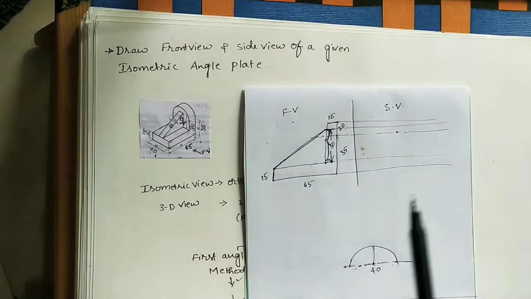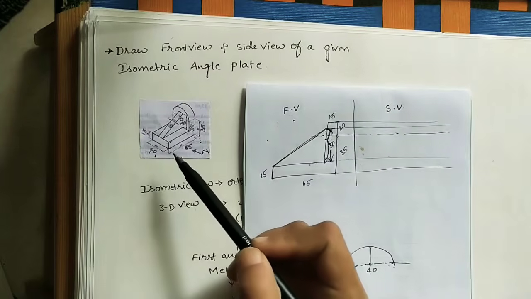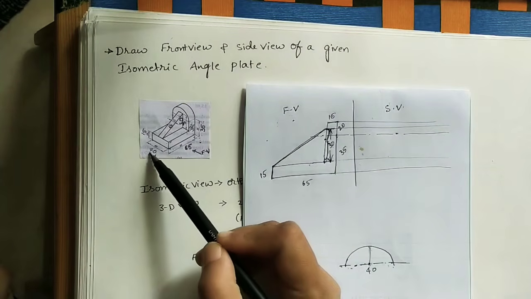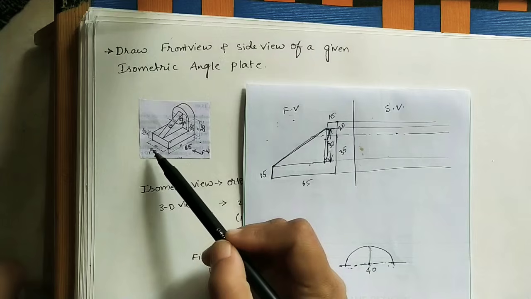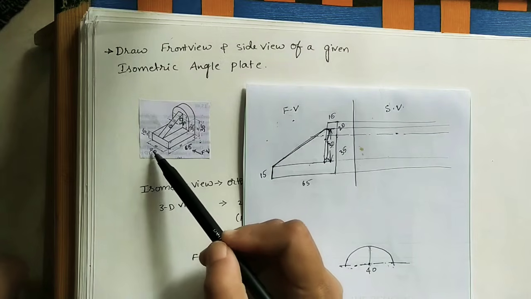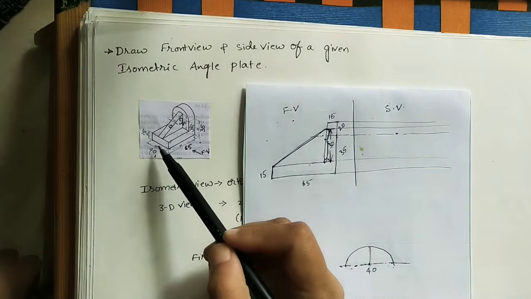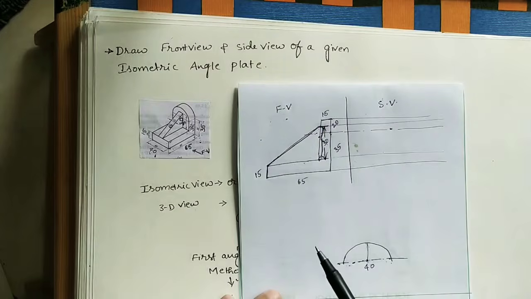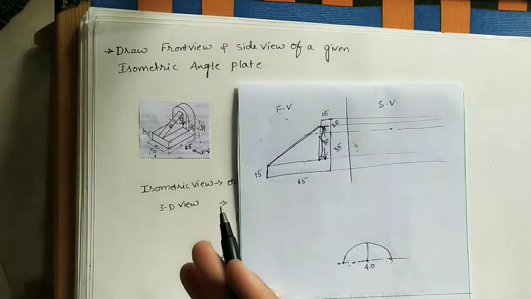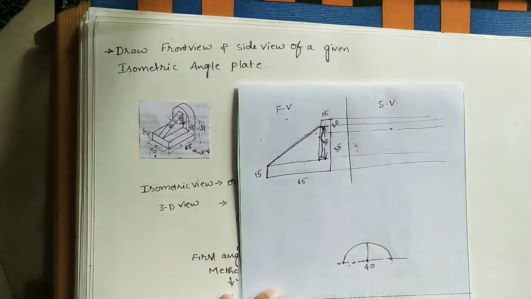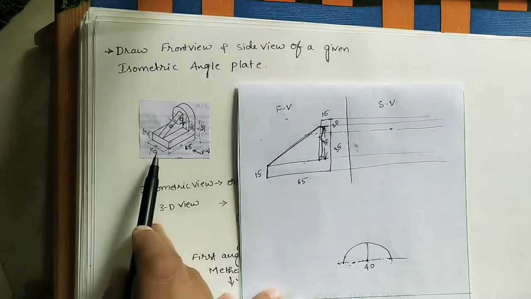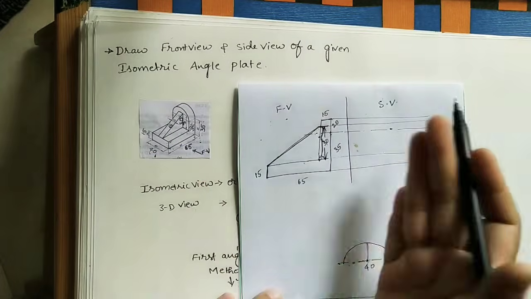In the projector lines, do the side view. As I told, this is the front view, and on the other side we will do the side view. This is the left hand side. Always remember, the left hand side view we have to do on the right side of the diagram. Similarly, vice versa. If you are taking the right hand side view, we have to do it on the left of the diagram. Here the side view is coming from the left, that's why we do it on the right side of the diagram.